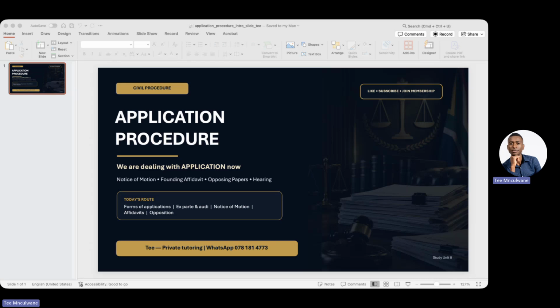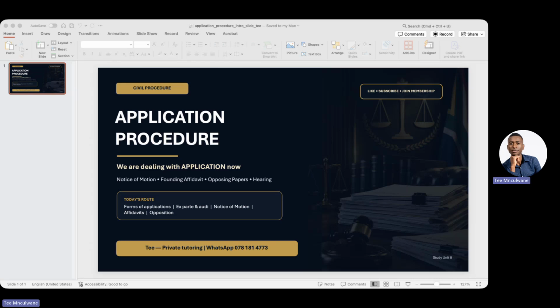But urgency must be real. You cannot create urgency by waiting too long and then suddenly rush to court, right? For example, if someone sends you a letter today saying they will demolish your wall tomorrow, urgency may be real, but if you have known about the problem for 3 months and only come to court the day before the demolition, the court may ask you why you waited so long. So guys, urgent applications are not for people who slept on their rights. Urgency must be explained in the founding affidavit, right?